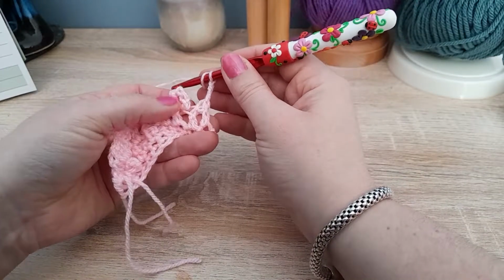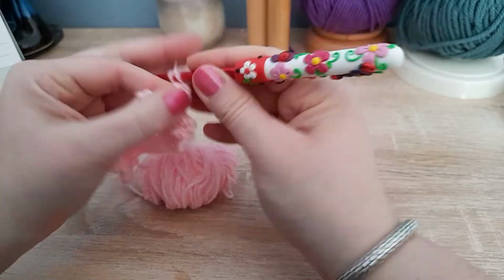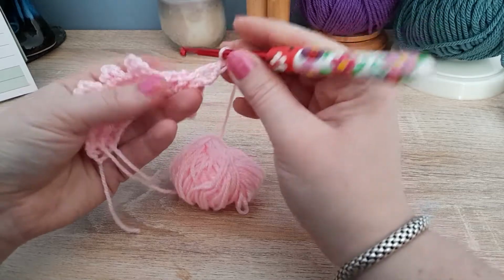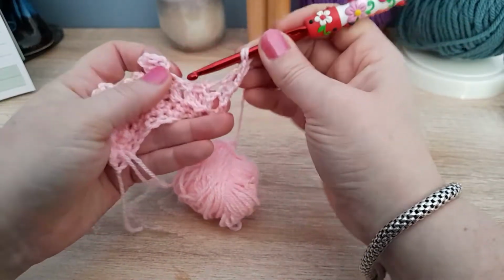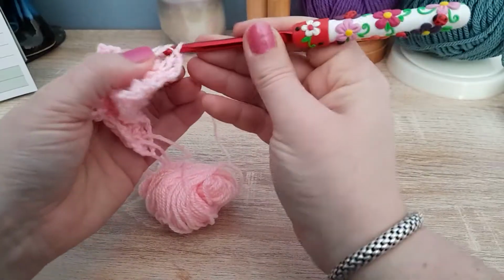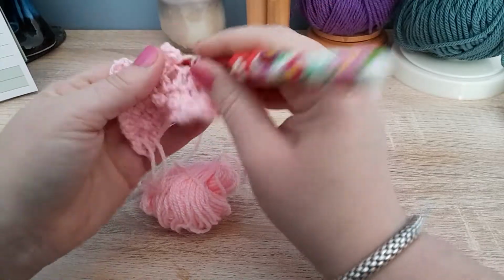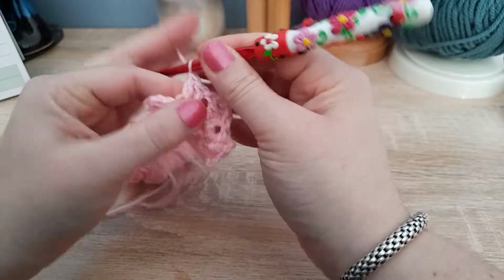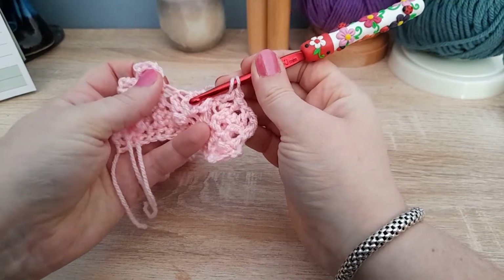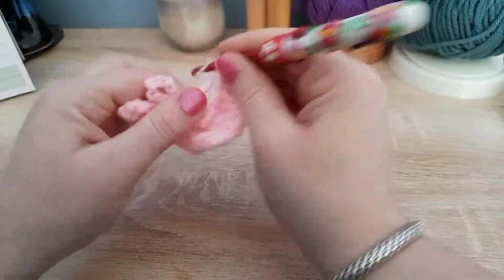So in the first stitch I'm doing a normal double crochet because that's my chosen stitch. I'm going to push that picot forward, and straight after it in the next working stitch I'm going to do another double crochet, and in the next normal double crochet I'm going to bring this next picot toward me, and I'm going in the very next available stitch to do my double, and in the next one,